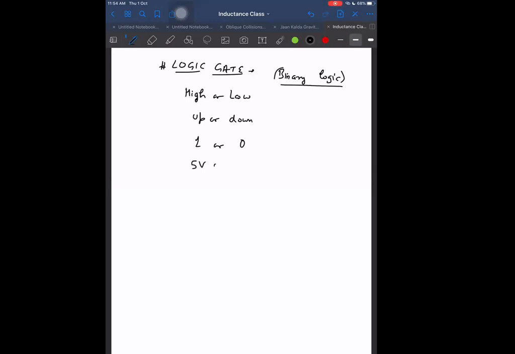Either 5 volt or 0 volt. Either 5 volt or minus 5 volt. But no other voltage is possible. 5 or 0, 1 or 0. 1 and 0 are just numbers. Real voltage may be something else. But the high voltage I can represent as 1 and the low I can represent as 0, or sometimes very differently, true or false.